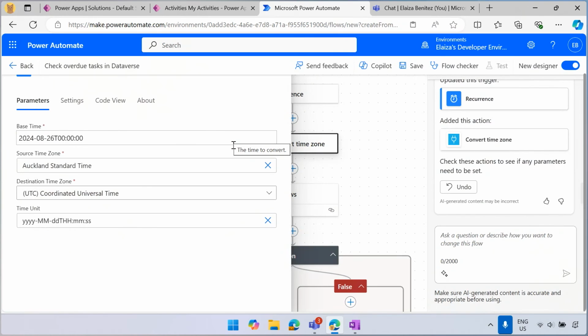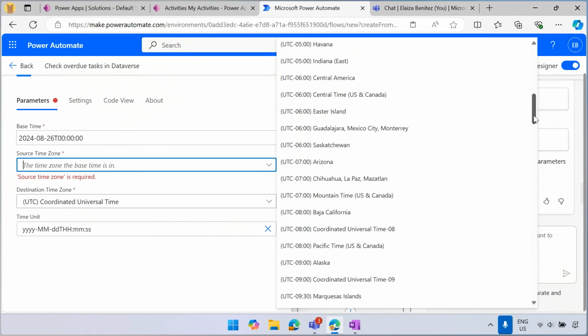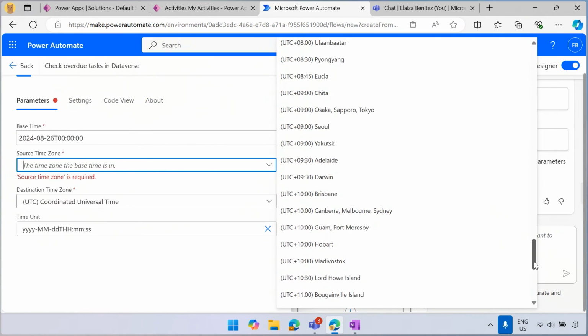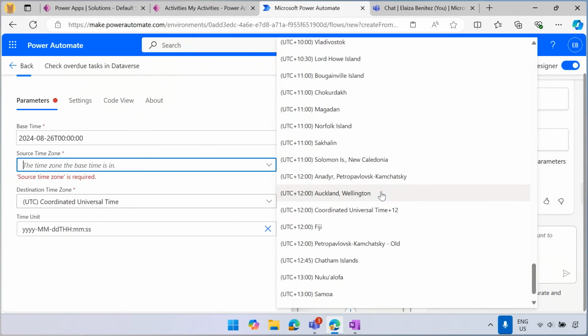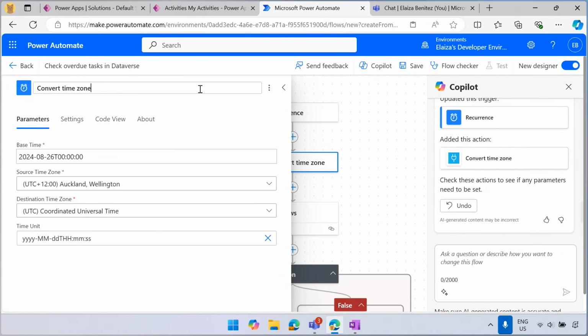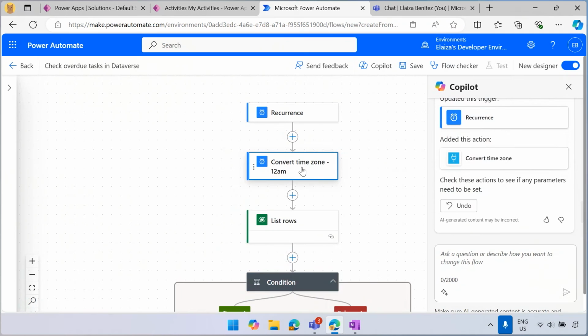The only small change that I need to make here is I do need to select the actual value because it just entered it in as text, but I'll just select the actual value of the Auckland Wellington time zone. And we're good to go. So I'll just rename this. I'll just put this as 12 a.m. Because as I mentioned, we also need to do another one for the end of the day, so 11:59